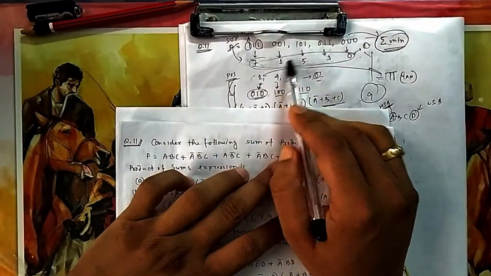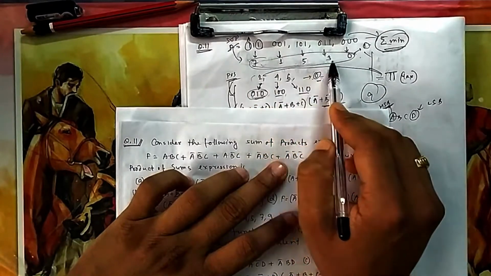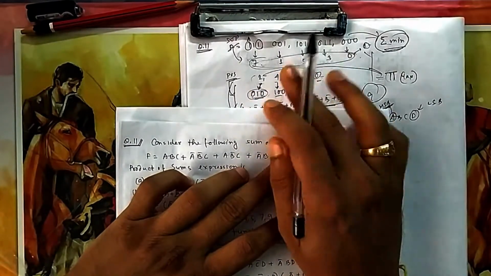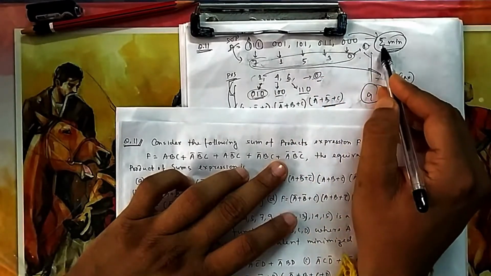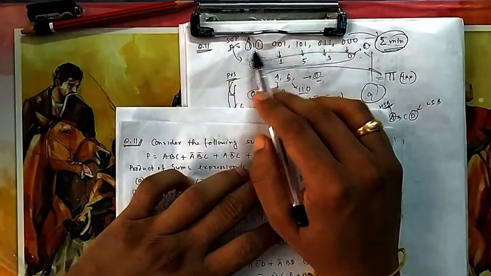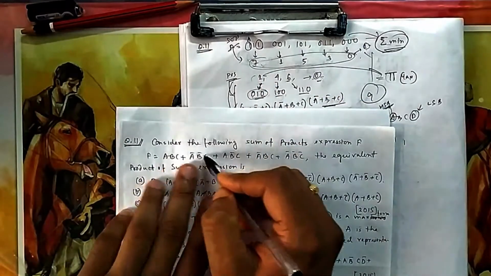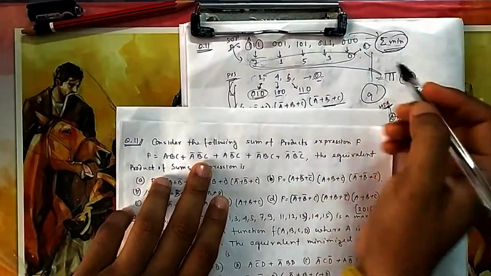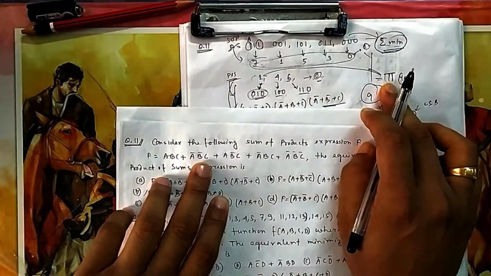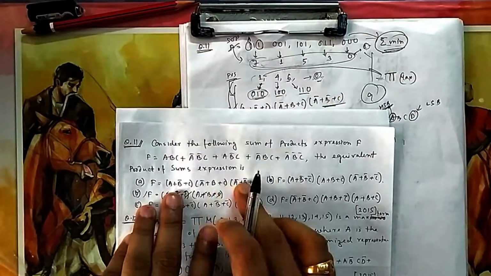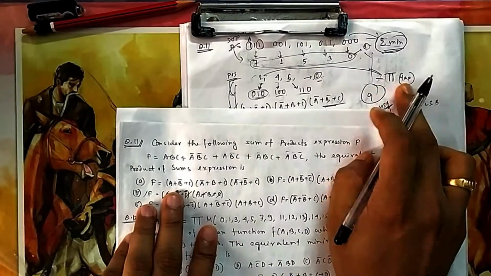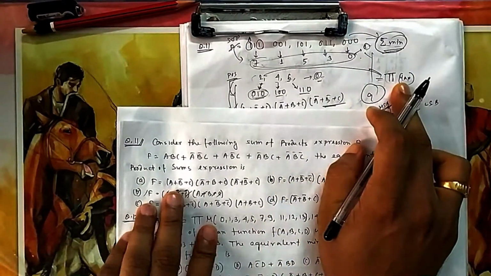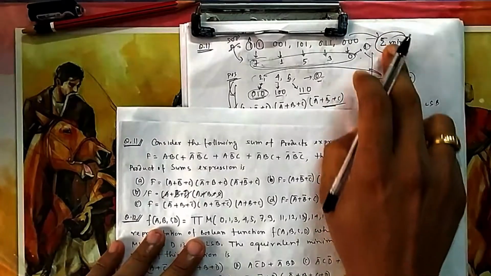So what is the corresponding decimal equivalent? 7, 6, 5, 3, 0. So these are in the SOP, meaning all these outputs are giving 1. SOP can also be represented in this way, as a sum of min terms, and each term is known as a min term. And POS is also represented by a product, because you can see products, this into this into this. It is the symbol of product, and each term here is known as a max term. This is another way of writing SOP and POS.